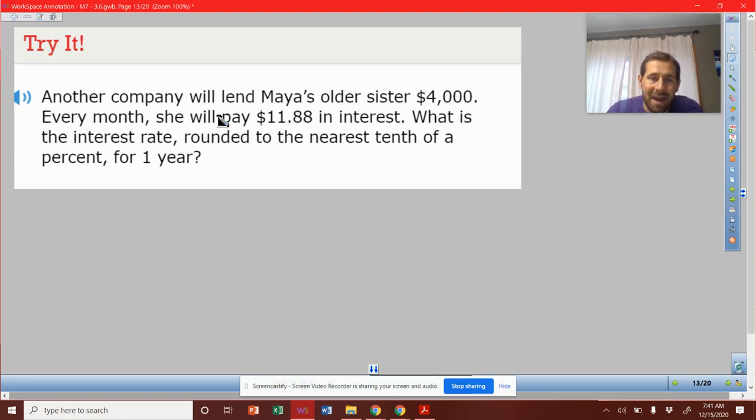So I'm guessing that this interest, oh, sorry, it says it right there. Every month she will pay this much. So we've got to take that amount, 11.88, multiply it by 12. That way we know how much is getting paid by the year. So that equals